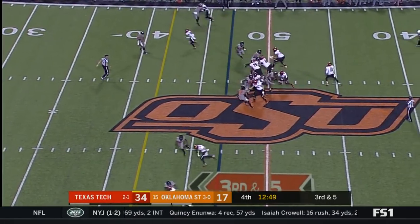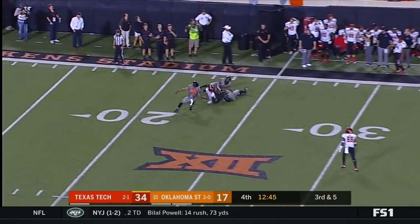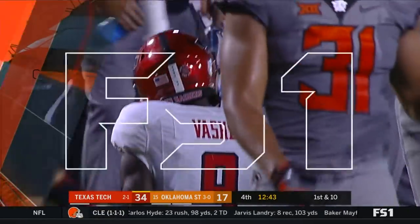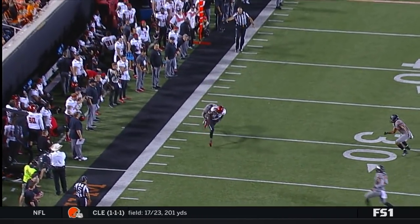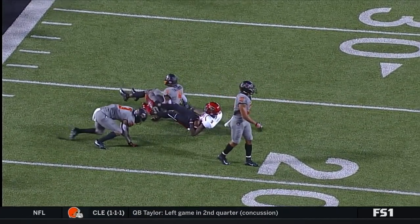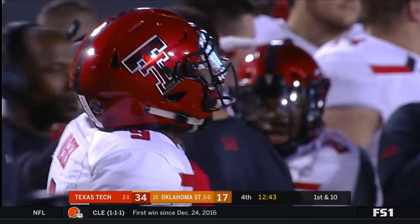Showing blitz. They come with the pressure. Bowman on the outside. It's caught, TJ Vasher. Unbelievable. This Bowman has ice in his veins. He sees the blitz, stays in the pocket, delivers the ball away from the safety, and has the concentration to come down with it after the contact. That's impressive. 25-yard pickup